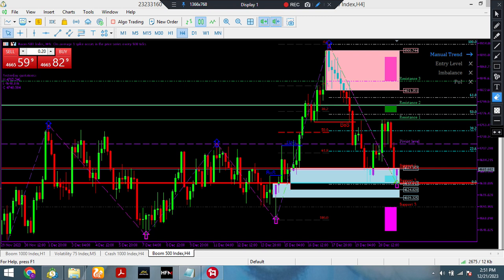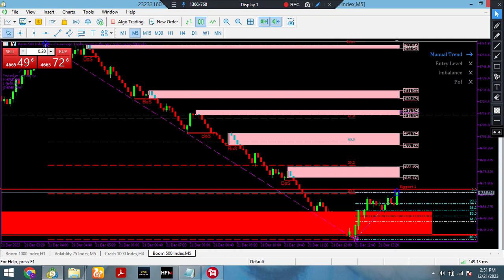So let's even check 5 minutes. Do we have any buy setup in 5 minutes? Since price is at a critical zone here, let's just check if there is a buy setup. Let's know. We've not seen. Okay, all we saw was a BOS for sell order. Can you see now? So if price comes in here,